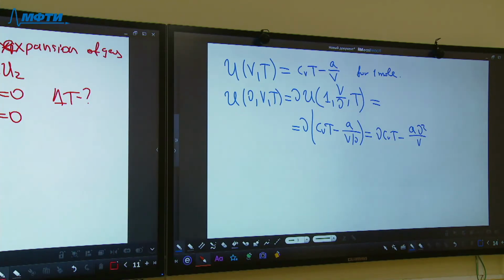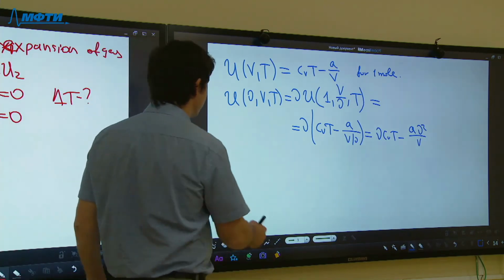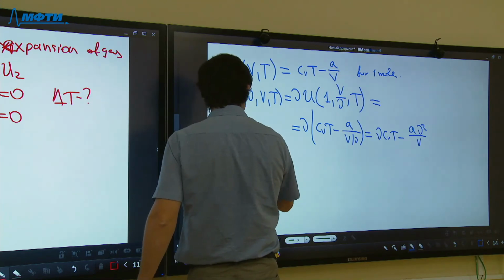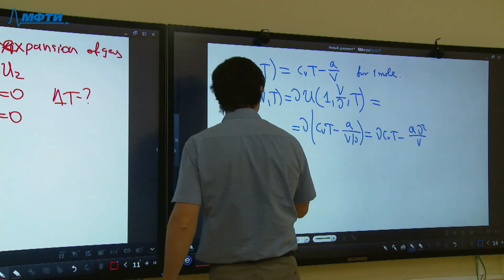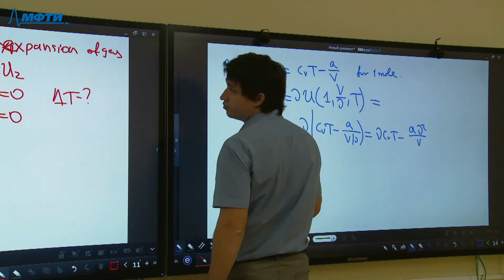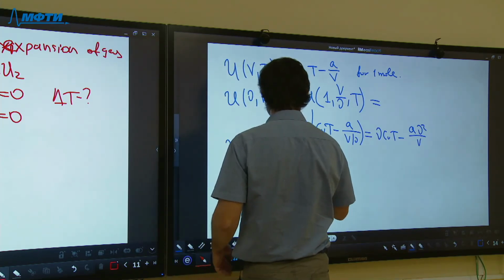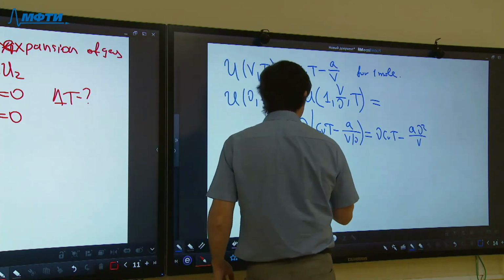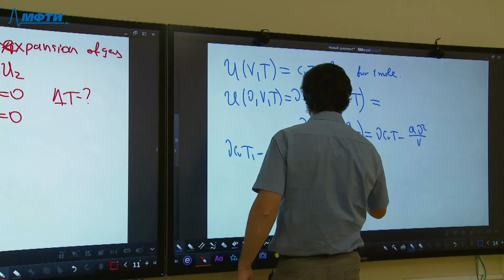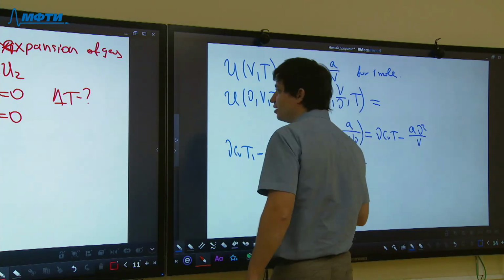That's the internal energy of nu moles of gas, and we change the volume. So that means that I can write nu C_V T1 minus A nu squared over V1. This is the initial internal energy. I need to equate this to the final internal energy, nu C_V T2 minus A nu squared over, okay, final volume